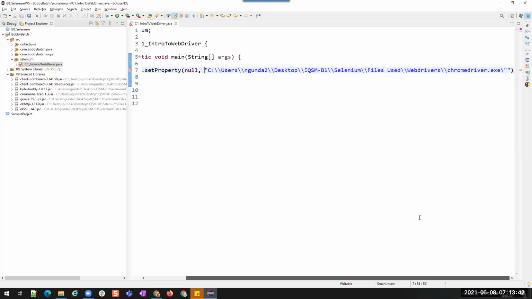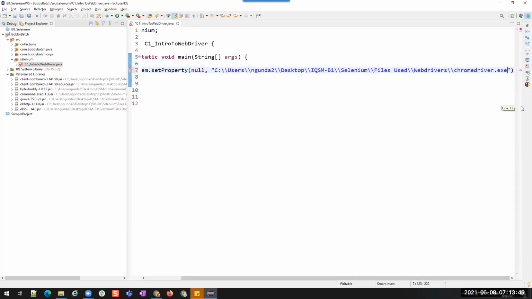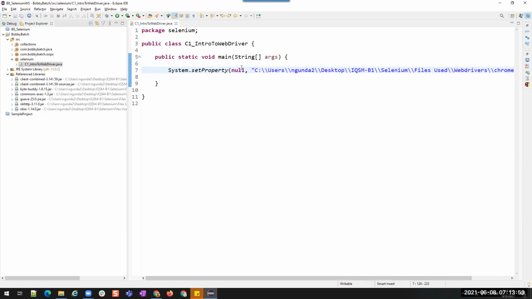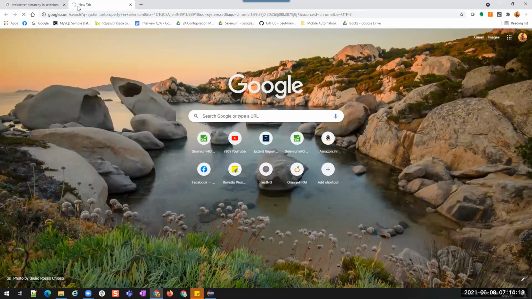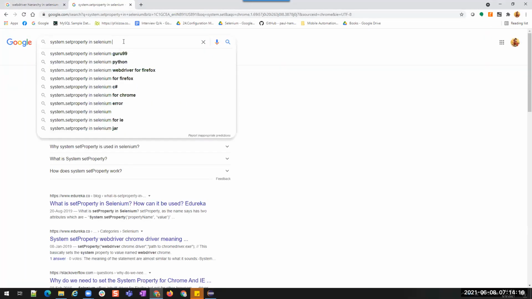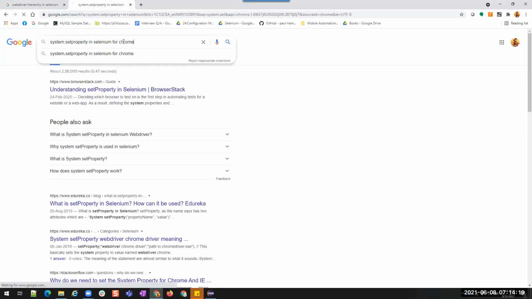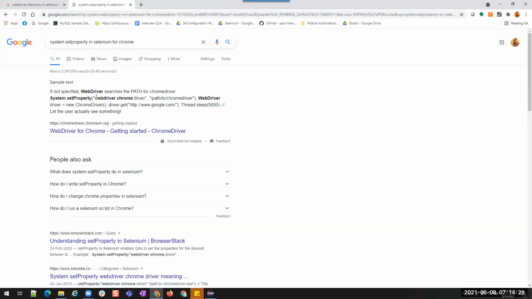Now we have this value. Okay. And this value should be assigned to some key. What is that key? That is also a string. That will be webdriver dot chrome dot driver.